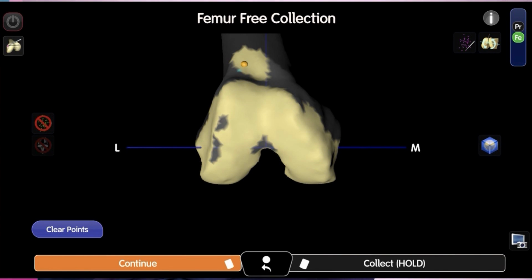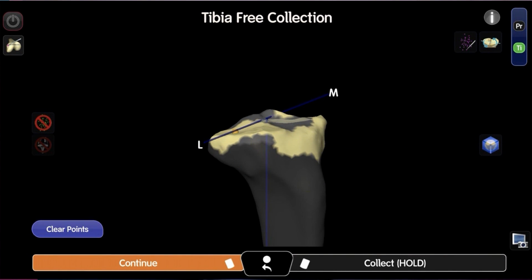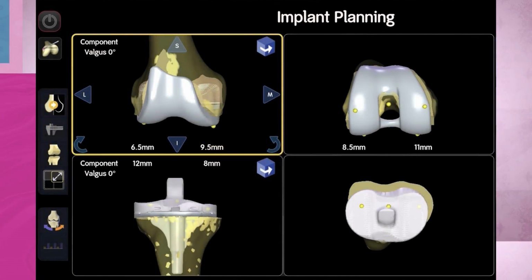We map out the femur, and you're seeing a rendering of a specific patient's femur. You're also seeing a rendering of the tibia that we map out intraoperatively. That allows us to take those coordinates and put the implants in a very specific position for that patient. You can see here where we can fine-tune our rotation and placement of the components, really to perfect the knee replacement for the patient.